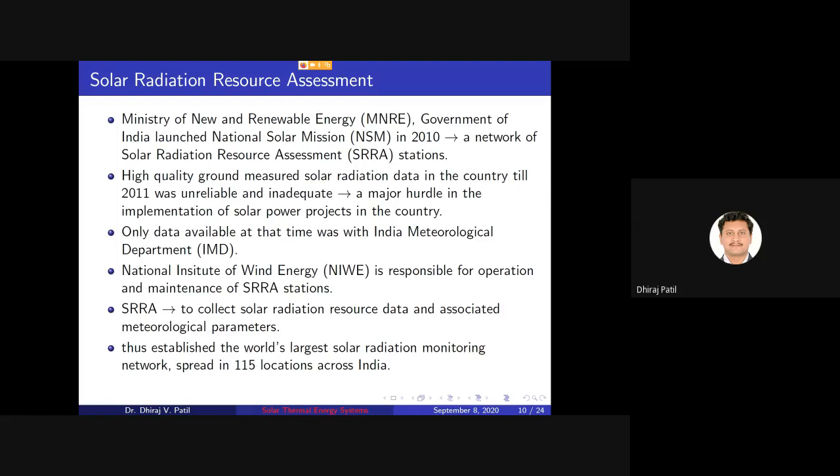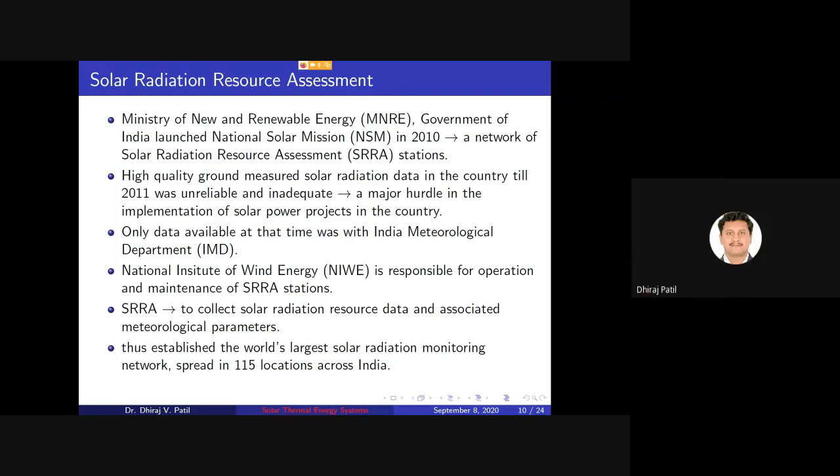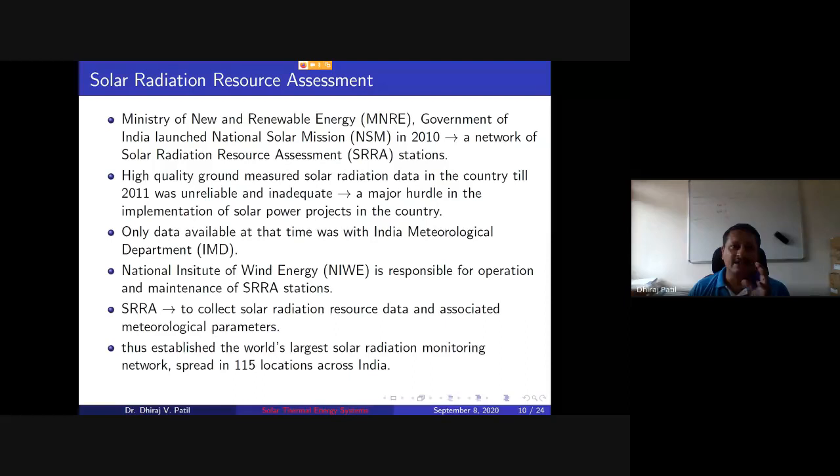So by 2030 or so, we will have a large contribution from solar energy. Until now, we know that we rely more on coal and fossil fuels. To have energy security for the country, I think we should decrease our consumption of fossil fuels, that we all understand. So that this will also boost what is known as the solar or electric vehicle